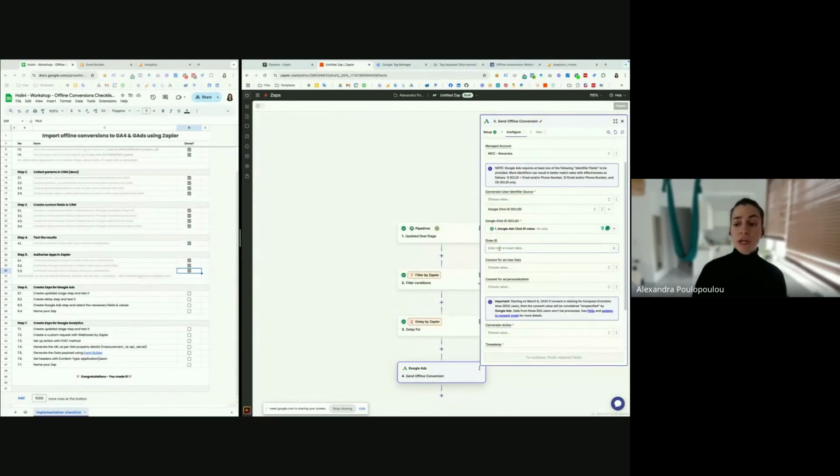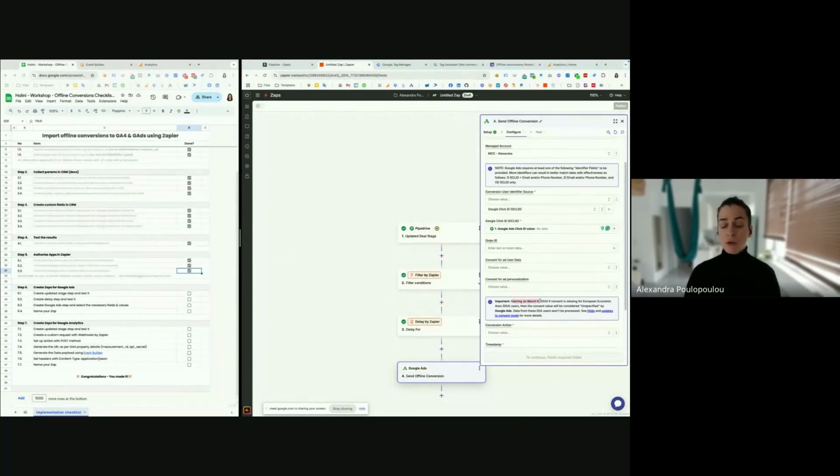If you have order ID, you can add it here for the duplication purposes. And now we need to configure consent. As I mentioned previously, we have consent values defined, but you need to see your own setup and your own legal terms, how you're going to use this.